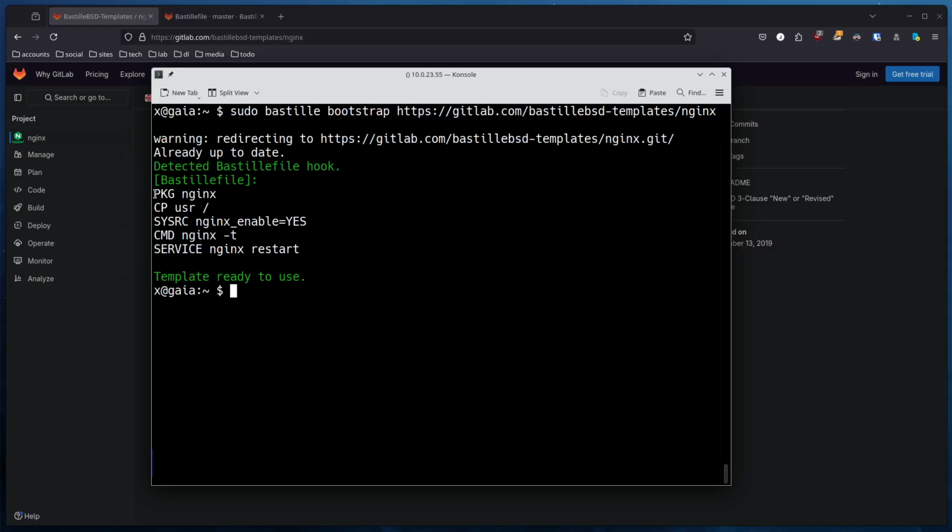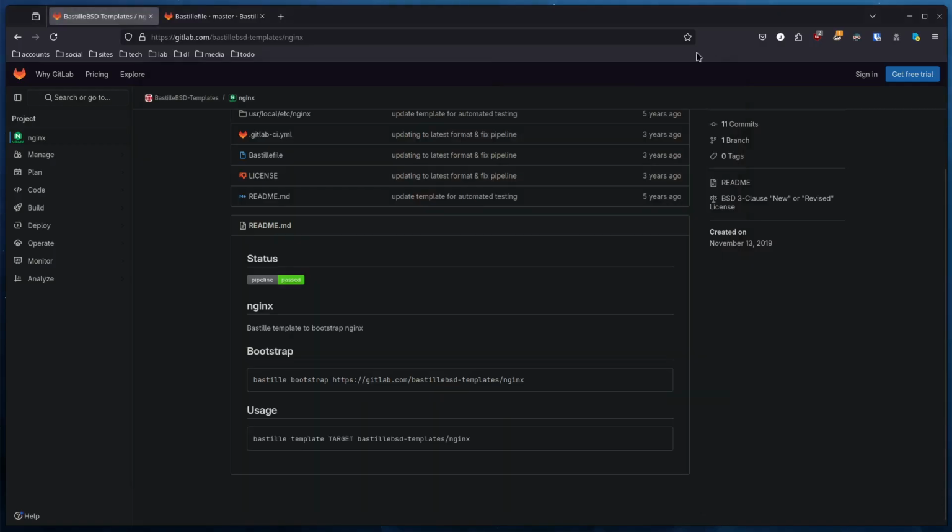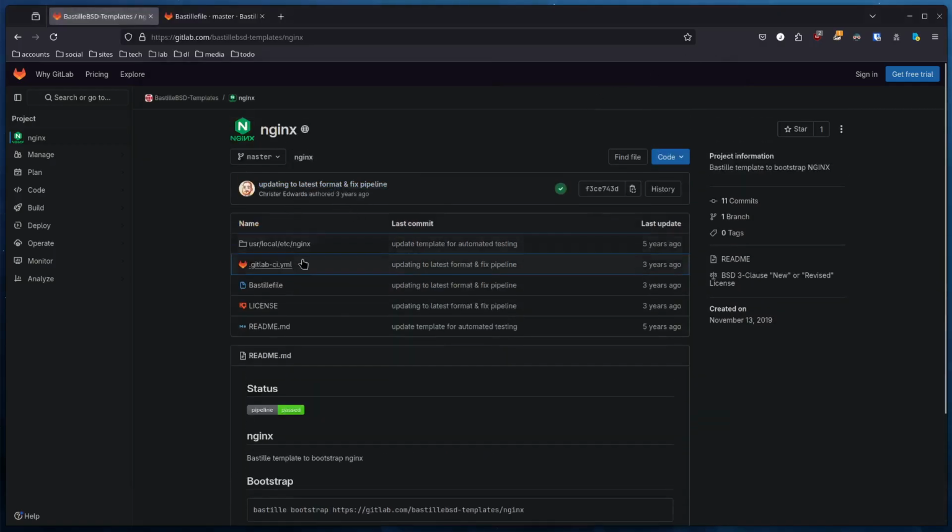In the Bastille file, you can see we use the package nginx. We copy the contents of usr to the root directory. This is where the configuration file is for Nginx. We can look at that in the web browser in a second. We leverage sysrc to enable Nginx, do a config check on the configuration, and then we start Nginx, or restart it. Just to show you how that file looks, if we go back to the GitLab page,